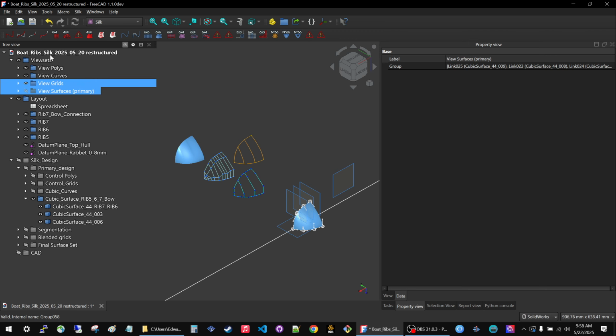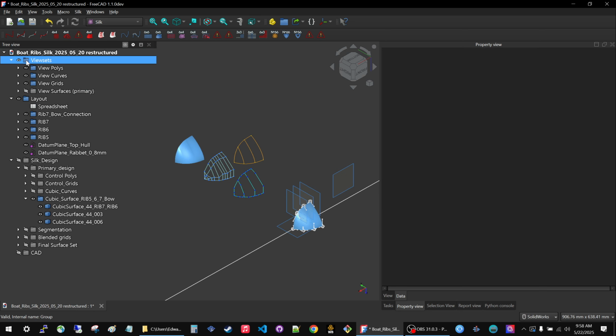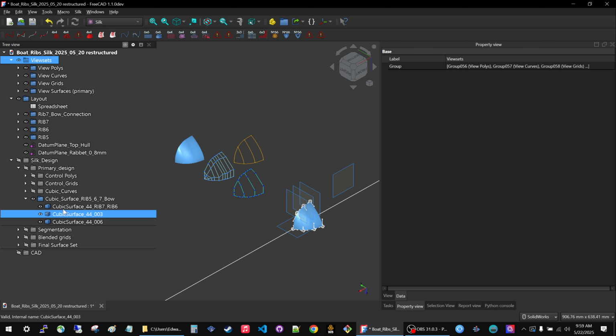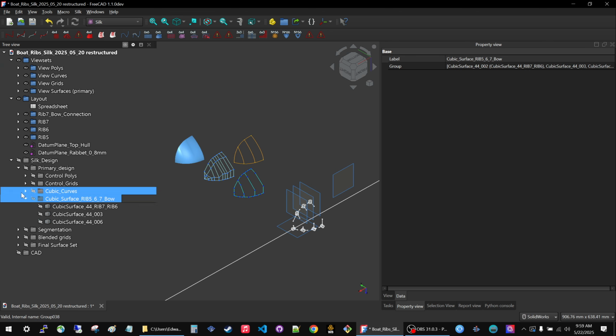So, and this is kind of a separator. Everything above is primary, everything below will not be primary. So here we go. Show everything, hide everything. Okay. Now I can hide the original surfaces in the workspace, and now I'm going to do